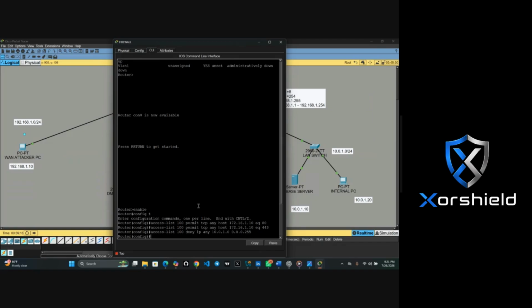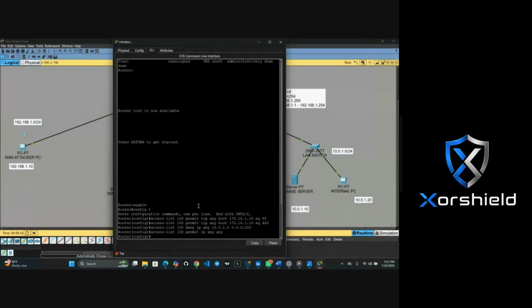You enter. Then you access list 100 permit IP any. Then you enter. And this one now, before we can continue, we know that it is under interface gigabit Ethernet 0/0.